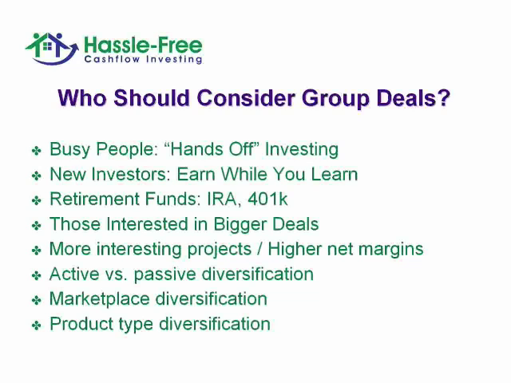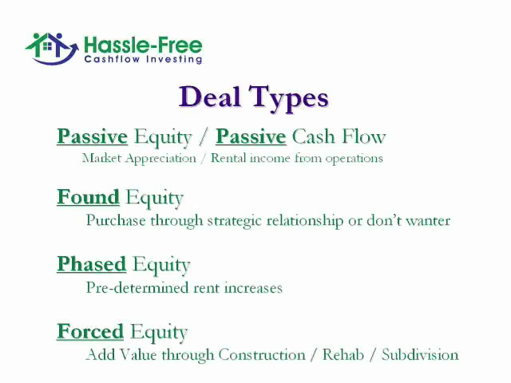Also, product type diversification. You might say, housing is great, David, but in this recession I would really like to own medical office, because medical office is insulated from recession in a lot of ways. I also want to own discount retailer. I want to own the bottom of the market. I want to own the 99-cent store type of businesses, because those businesses do very well in recessionary times. And I also want to own apartments, because people are renting. Whatever you want to own, whatever your resources are, you can create more diversification by being in a group investment, by having a small piece of multiple pies in different markets, in different product types, and different deal types.